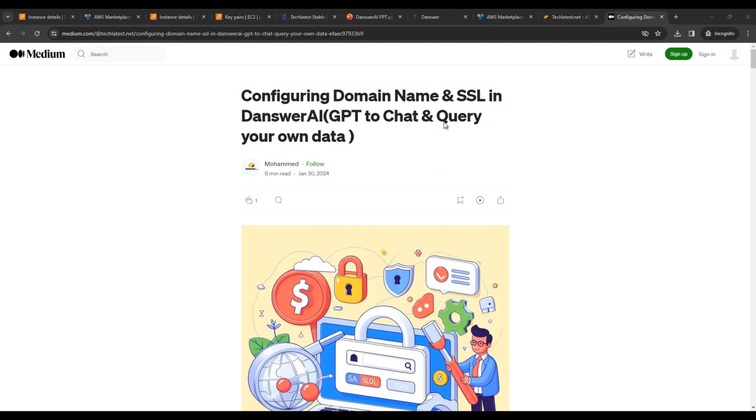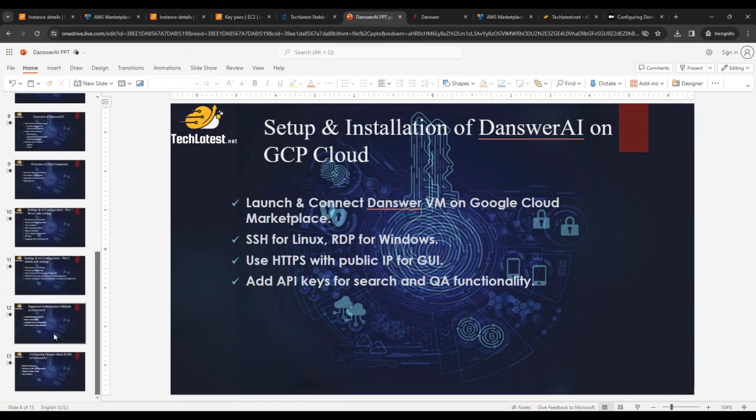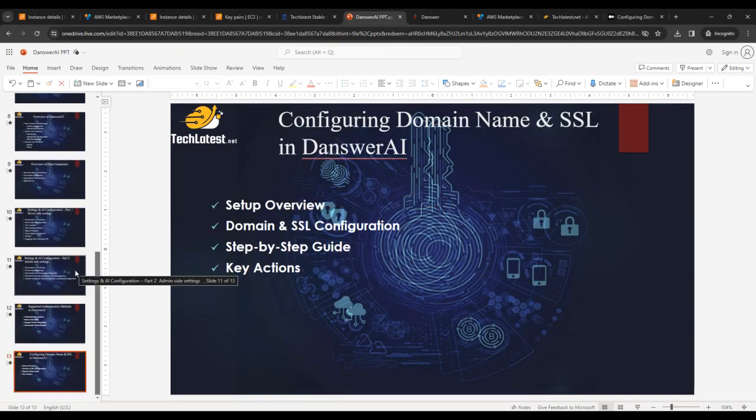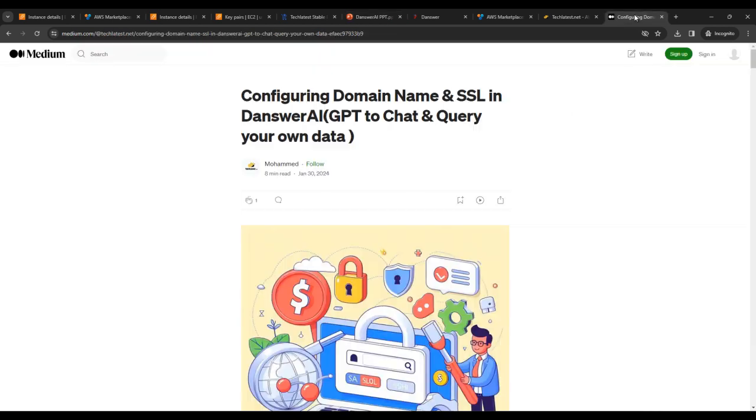So far we will cover a lot of things like DanswerAI course introduction, DanswerAI overview, and various cloud setups and installation on AWS, GCP and Azure. Basically setup of DanswerAI on AWS, GCP and Azure. Next we will also talk about various authentication methods. Then we had covered a lot of things like Danswer UI and admin side settings, server side settings. Okay, so in this video we'll talk about how to configure domain name and SSL in Danswer